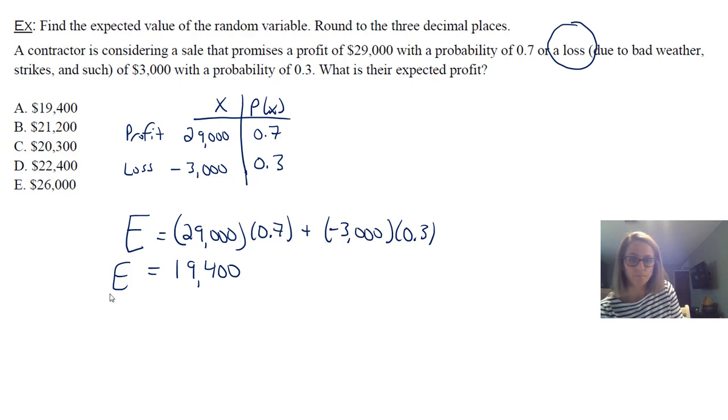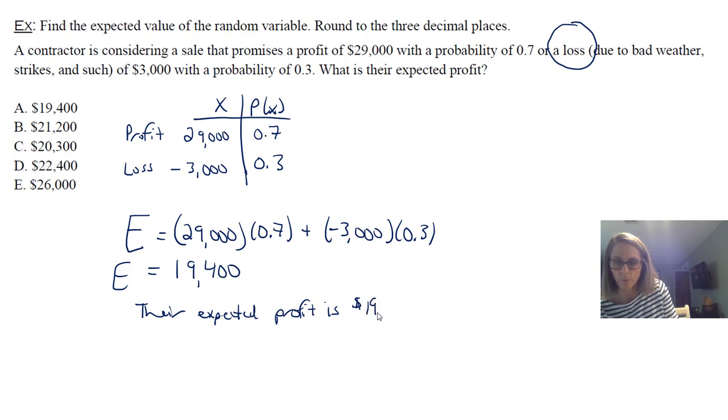19,400. So the idea here, their expected profit is the 19,400. So that's how we'd say that. And again, that just means the idea would be if the contractor had a bunch of these sales over time with this same probability or loss, over time of doing a lot of these, they would expect that profit of, on average, 19,400 every time. Because in general, with the higher probability of a profit, they're going to profit more often than they're going to lose. So there you go. All right, so that is section 5.1, part